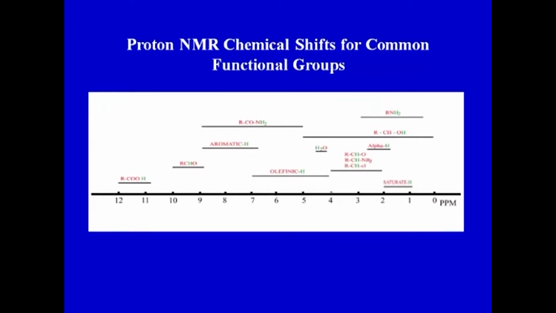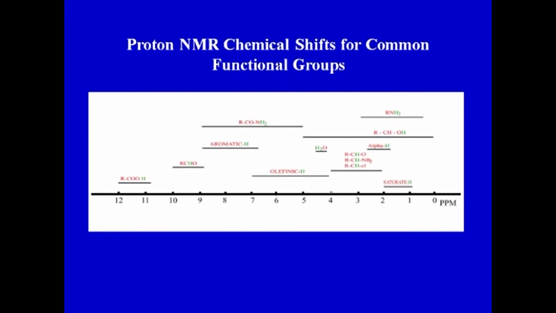So, if we look at proton NMR chemical shifts for common functional groups and compare them, you can see that depending on the different chemical environments, the protons will show different chemical shifts, starting from 0 ppm for TMS. If it is a saturated H, it is very close to TMS, and as the chemical environment changes, you can see the shift change. It is highest for the proton in a carboxyl group, then the aldehyde group, and finally the aromatic and CONH2 groups, and likewise it is least for RNH2 or others. So, saturated H will have the least